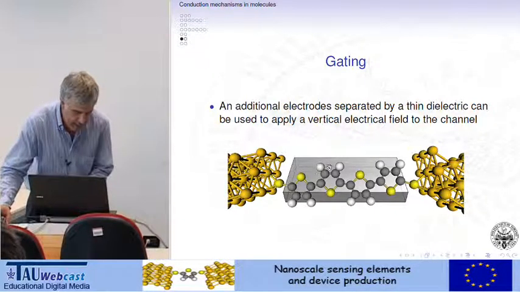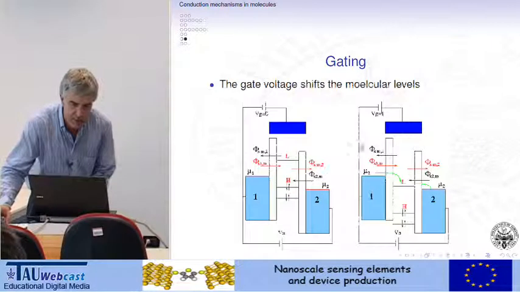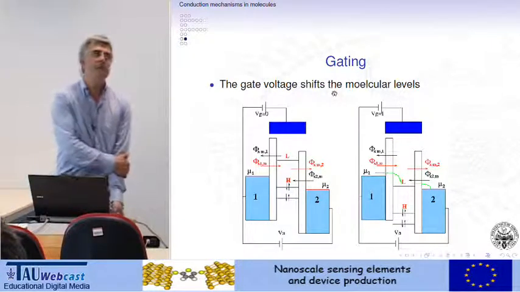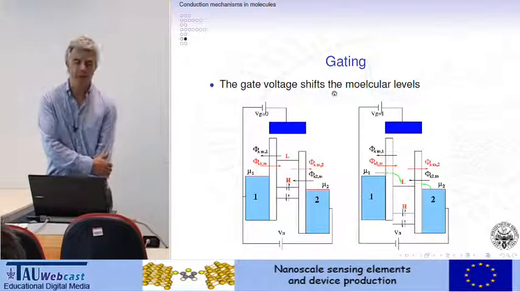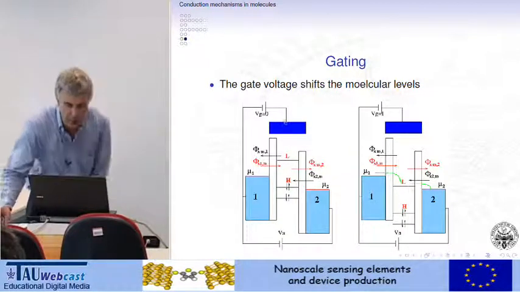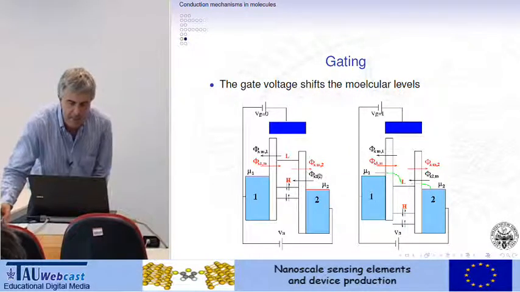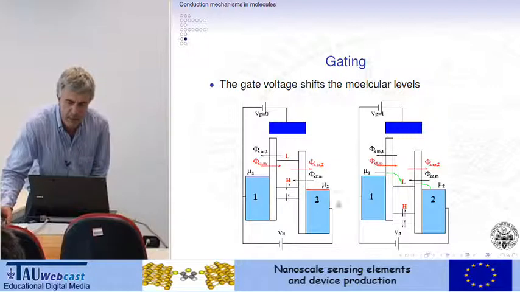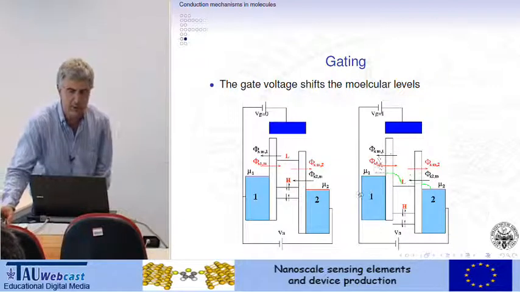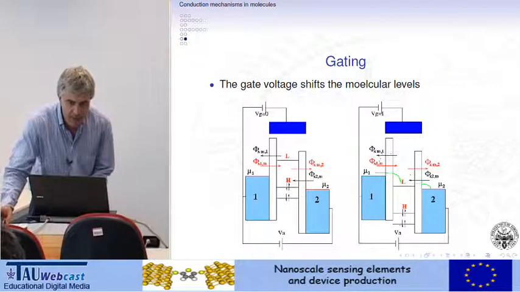But the idea could be interesting, because probably we can implement other structures where the effect of the electric field can be measured only as a measure of the current between two metal electrodes on a molecular wire. So the last thing